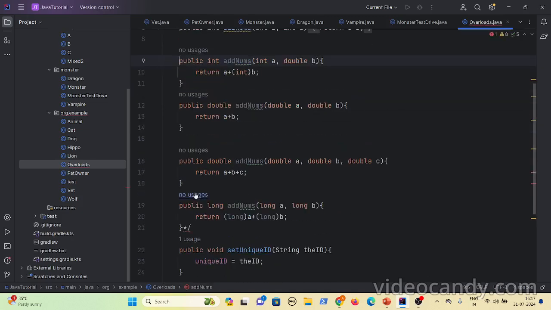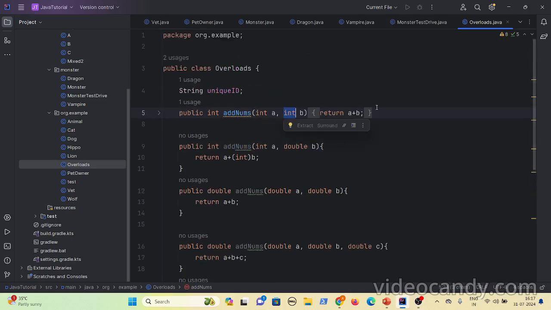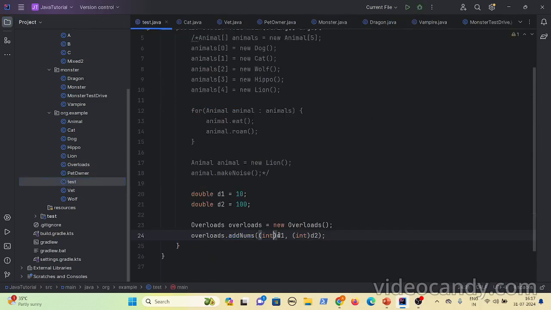Now if you see here, I have written another method. Let's say this add method can accept double, and this add method can accept integer. Since the logic present inside the method is similar, you want to use the same name because it is adding 2 numbers. So you can use the same method name, but you can change the type of the method parameters. Now if you go to the test and don't do this typecasting, it will work because you have provided another method.